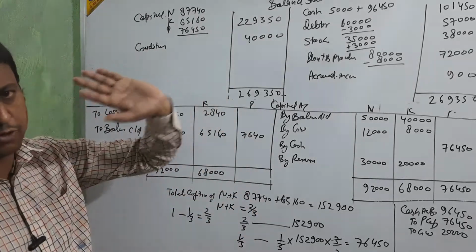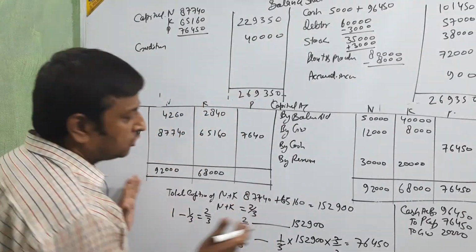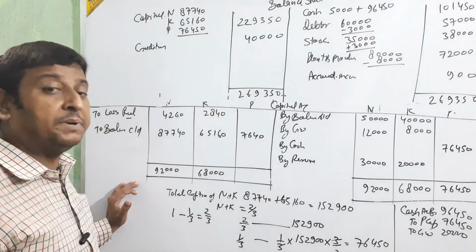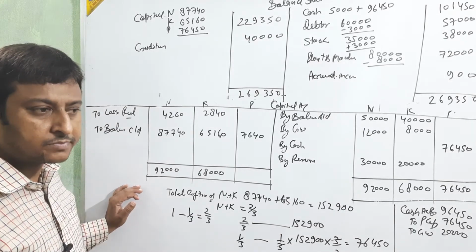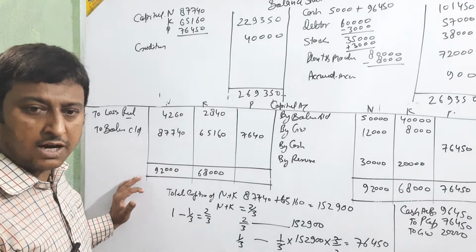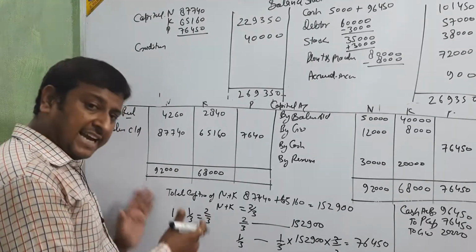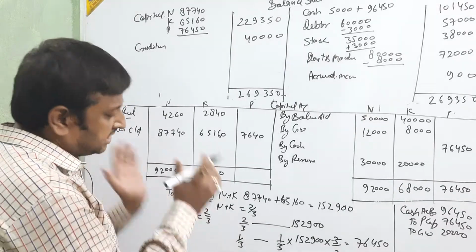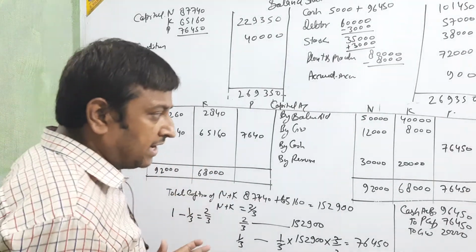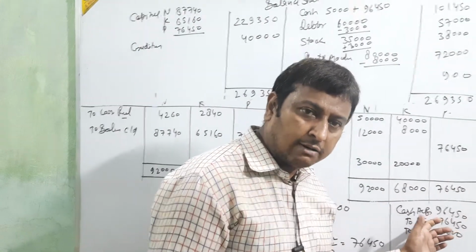The balance sheet is the old system, no problem. Only the new thing is coming in this capital, beta. Clear or not? The new thing is only coming in capital. Again, I like to explain these things because it's very important. How are we going to calculate the capital of the new partner?